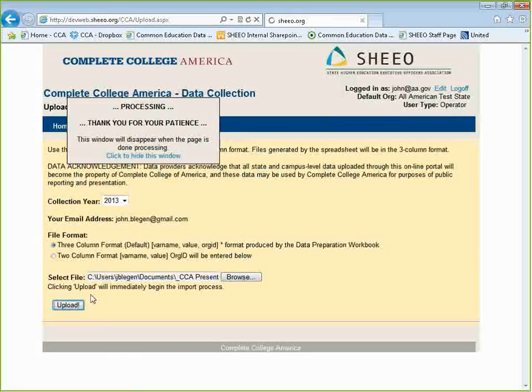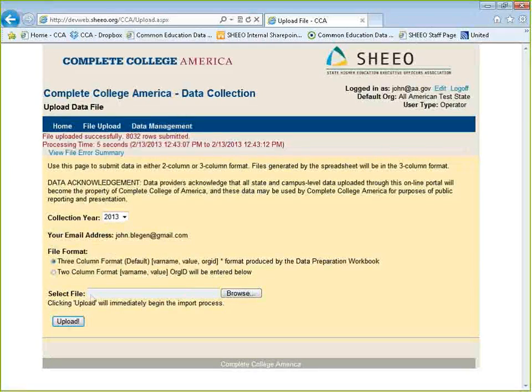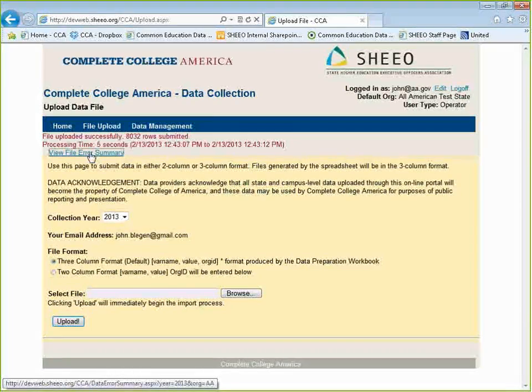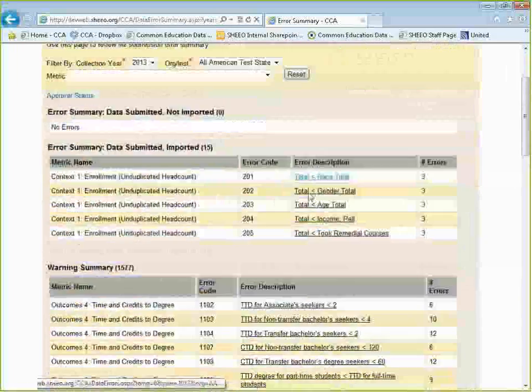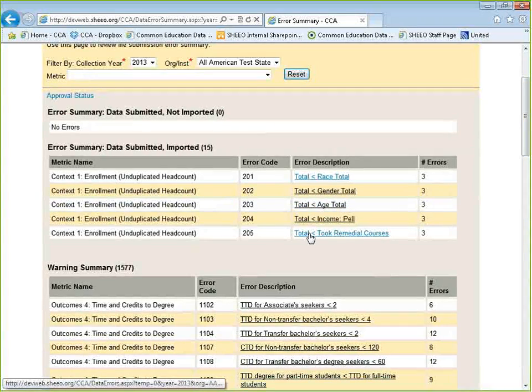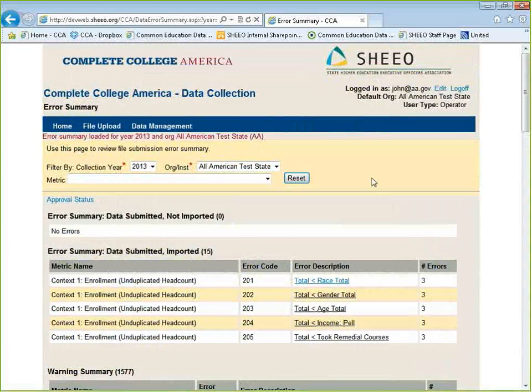And I'll upload that, and this is all of the state data that I'm receiving, and it uploaded in 5 seconds and ran all the validations. I do like Jane did. I go to my validation thing. I see, aha, I've got some errors, and I didn't expect to have errors because I thought I had it perfect. Of course, we very seldom do, but